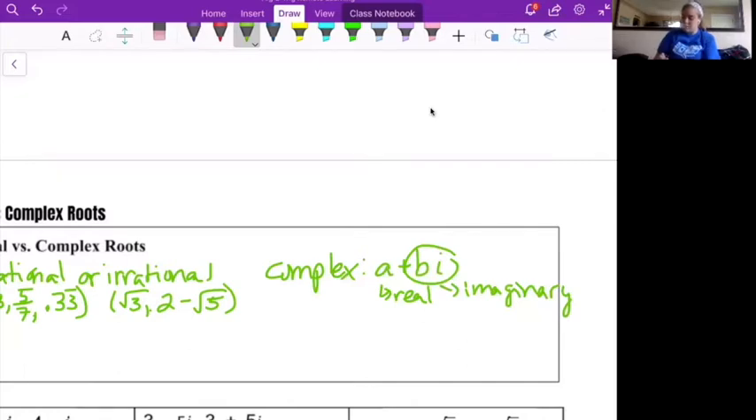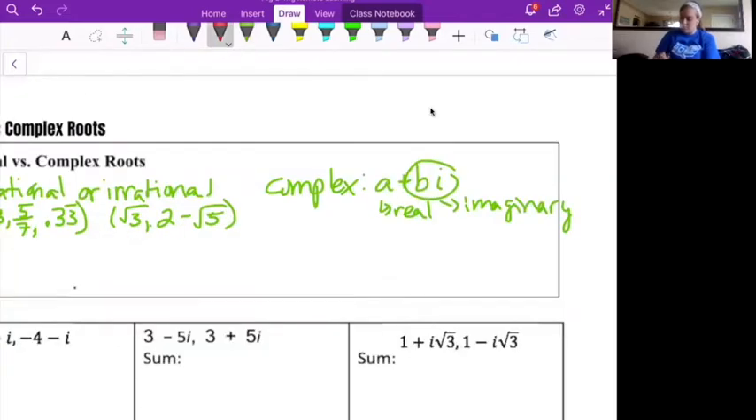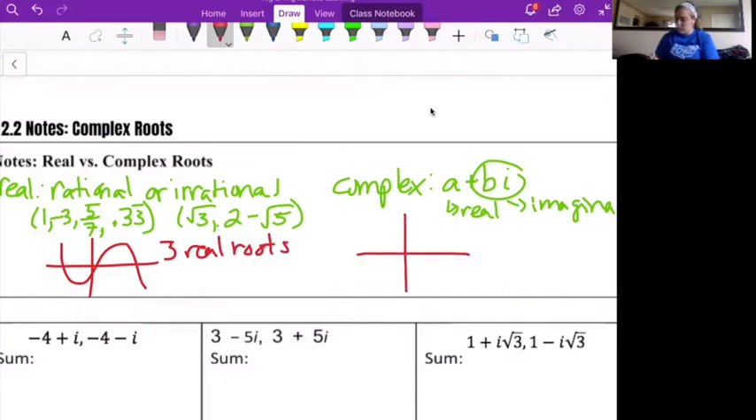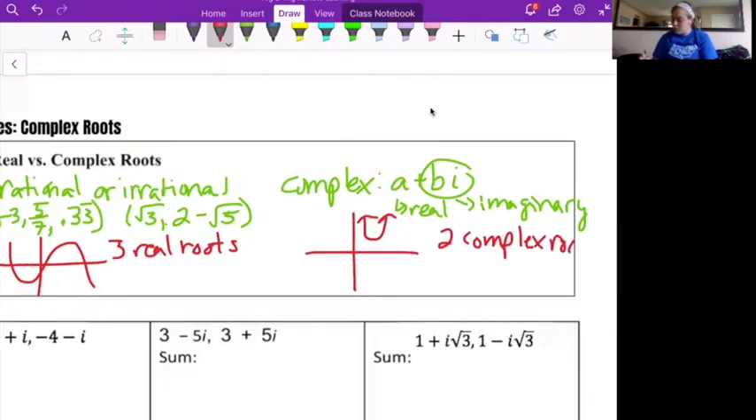And so the differences in the graphs, a real root is going to be like this. These would have 3 real roots. This would have 2 complex roots, because it does not touch the x-axis. So a curve